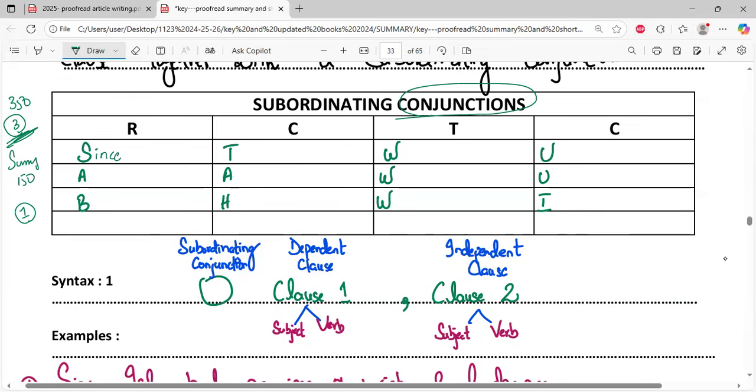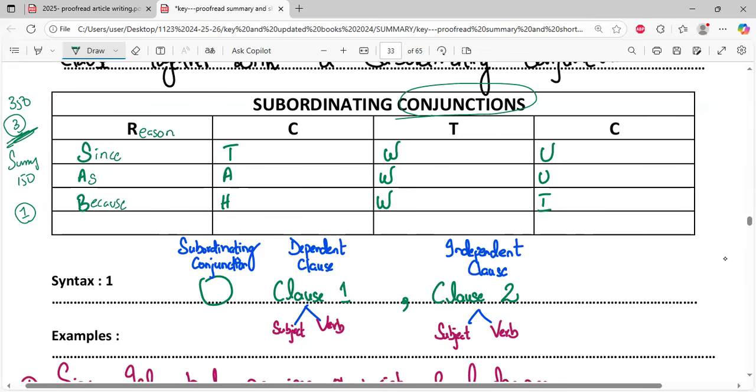since I was unwell. What can be another word to say since? Since can be substituted for as I was unwell. Yeah, because I was unwell. All of these three mean the same, and all of these three are used to give some reason. Since I was unwell, I did not go to school. As I was unwell, I did not go to school. Because I was unwell, I did not go to school. Yeah, I did not attend school.